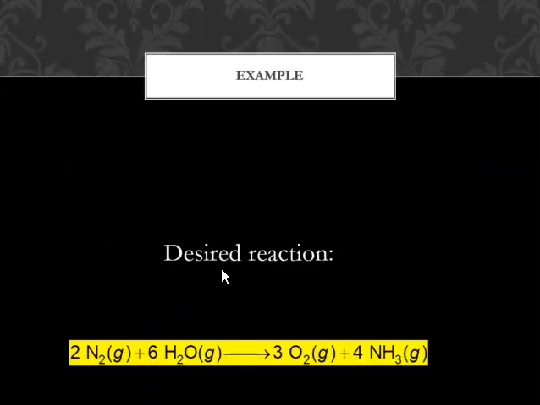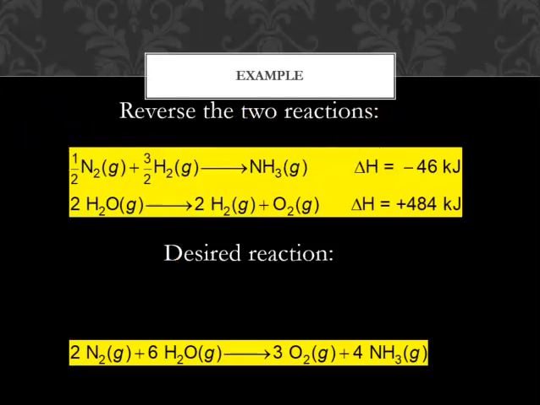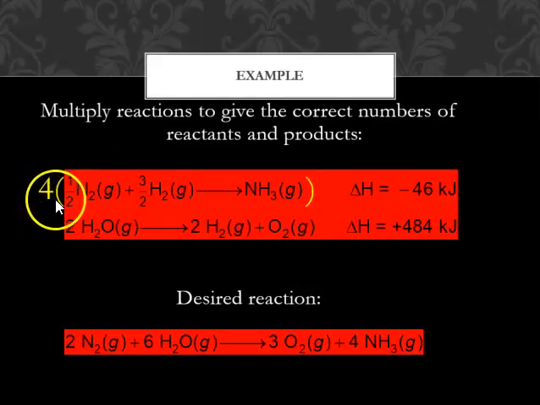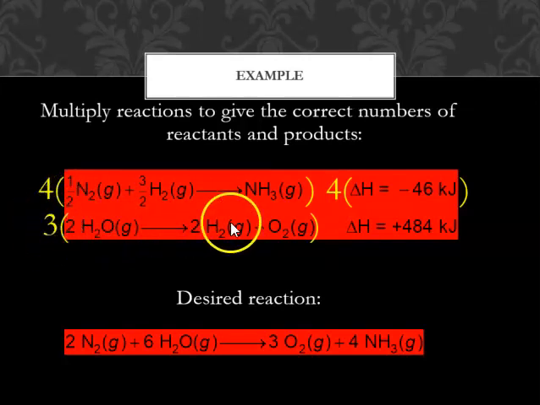So we flipped. That's the reverse, and so we change the signs accordingly. And then I'm going to multiply. Times 4, times 4, times 4, so I multiply that by 4. Take this one: 3 times 2, 3 times 2, 3 times 1, and then times 3. When I run that all through and add these all up,